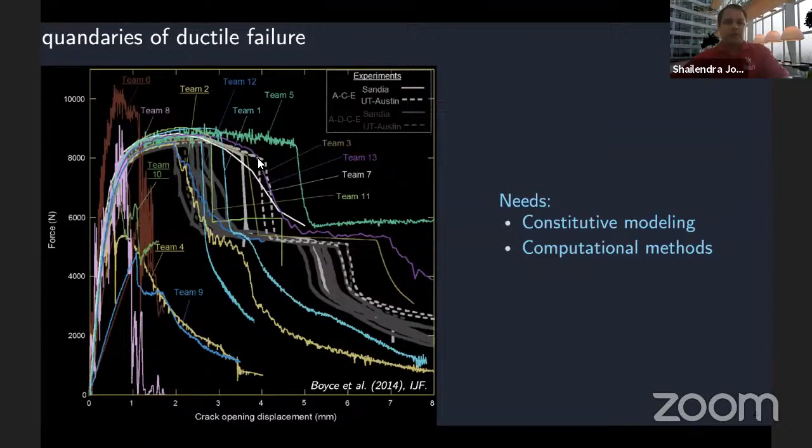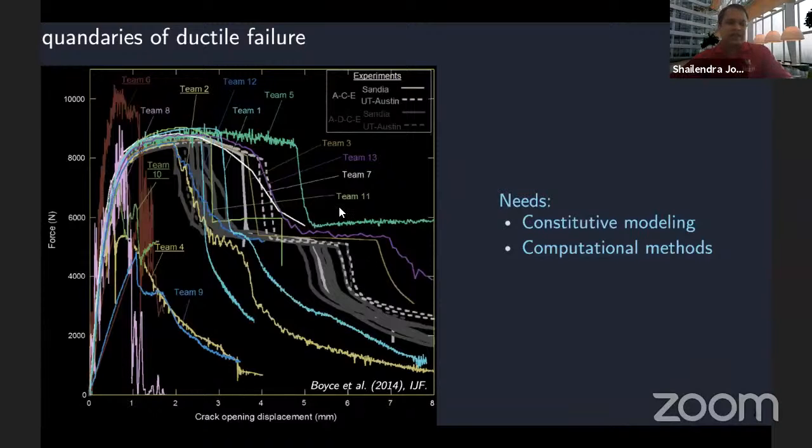Some of you might be aware of this first Sandia National Challenge, Fracture Challenge, that was back in 2013, 2014. And the report that came out, which was published in International Journal of Fracture, compared the experimental results that were kind of blind tests that were done by a group in Sandia and UT Austin, which was thrown out as a challenge for modeling groups to try and predict in terms of the number of quantities of interest, but one of them being the force displacement or the force crack opening responses.